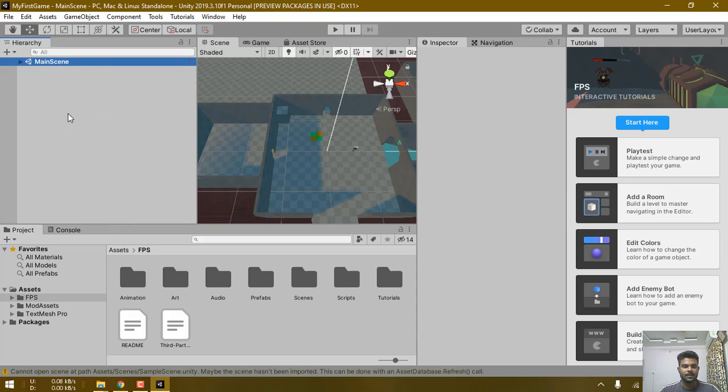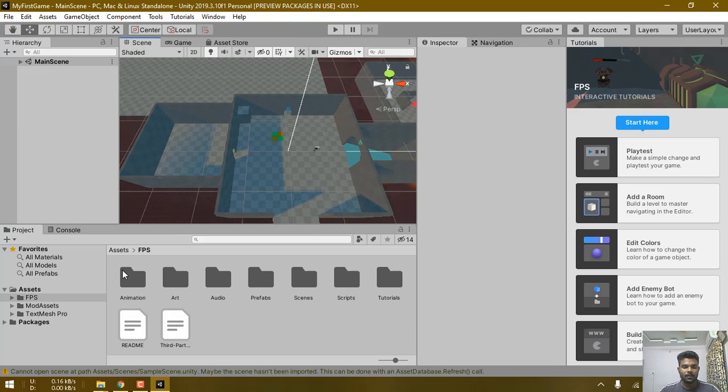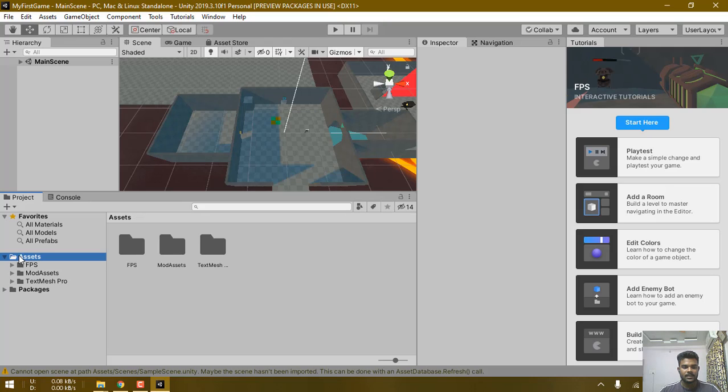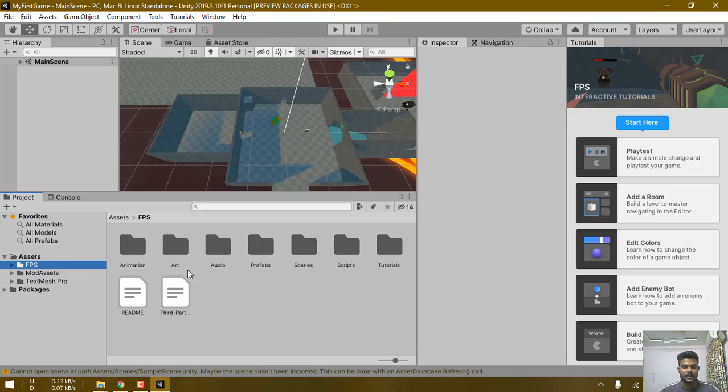All the project files will be listed here. Project files which are there in this scene will be listed over here. And if you want to see all the project files, like what you see in the Windows File Explorer, this project tab helps you in viewing that. This is the assets, FPS. FPS is the file name, a file which is created inside assets. This is the parent hierarchy. These are called the child objects of that parent hierarchy. These are the packages which help in running this project. This all will be explained to you in detail in the next videos.